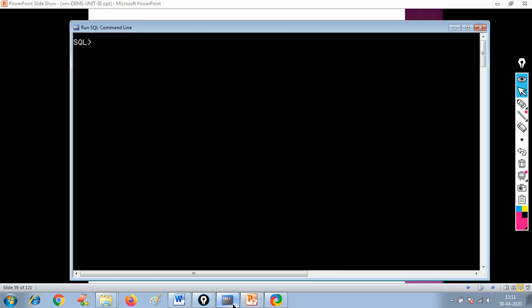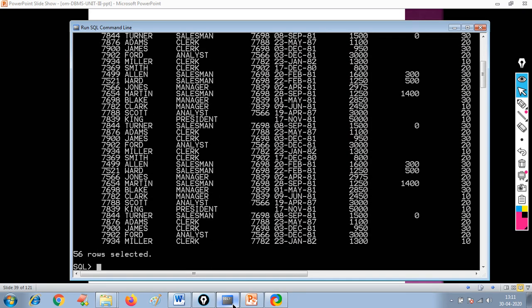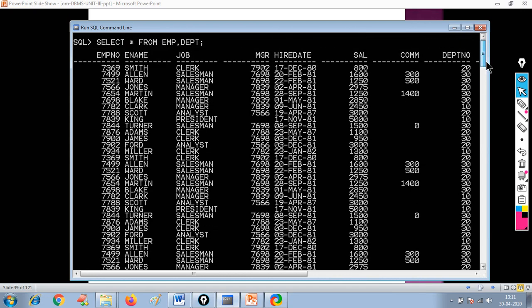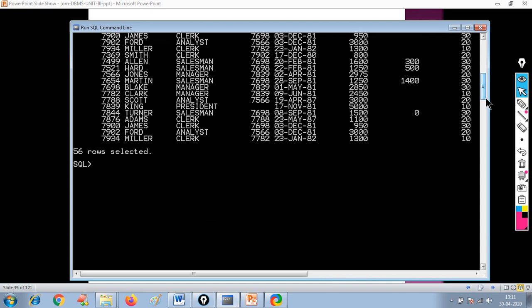If I simply write Cartesian product in SQL, if I write select asterisk from emp comma dept, then it will result in a Cartesian product. See, you can see total 56 rows are selected here.